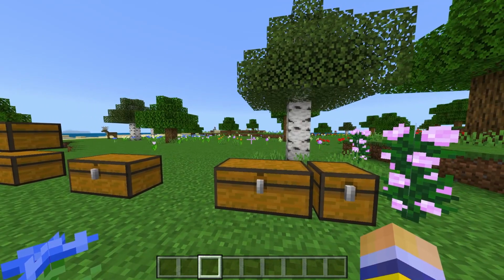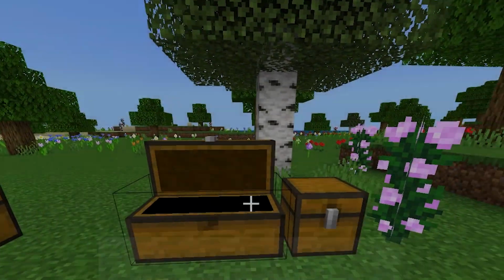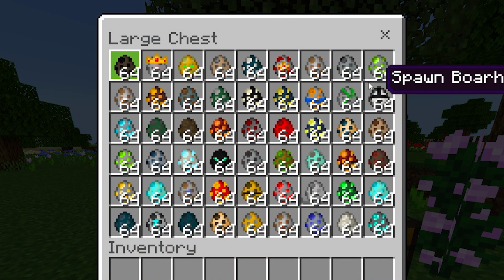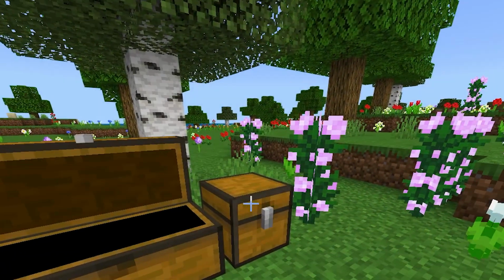Now moving on to the major part of this add-on, all the spawn eggs. In these 2 chests is the mass amount of spawn eggs in this add-on. So I'm not going to cover all of these things because it's going to take me too long. I'm just going to grab a few, close my eyes, blindfold, pick those 3 right there, and in this chest,